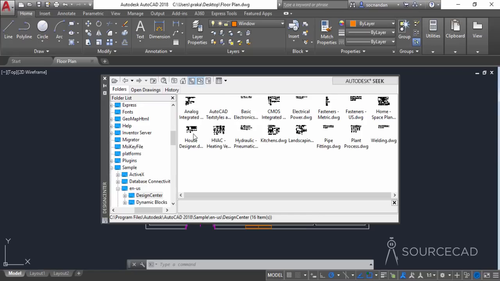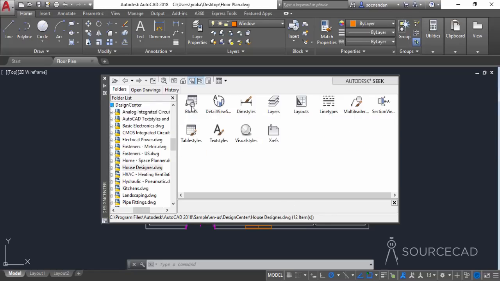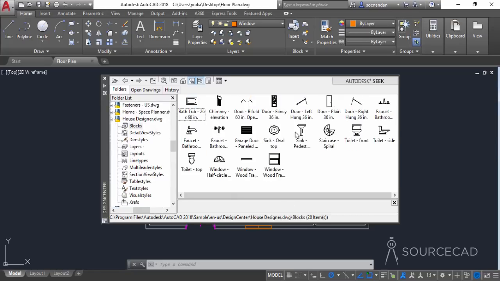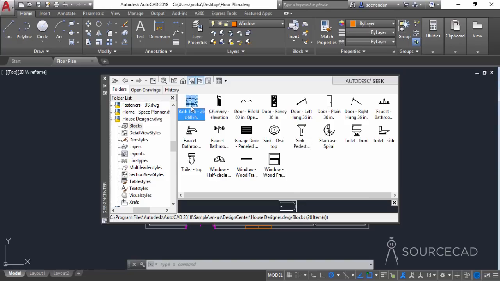So I'll go to this house designer, select blocks. Now we have these blocks, so we need this bathtub. Let's drag and drop it here, and as you can see that we have this in this window color, which we obviously don't want. So we want this on the blocks layer, so let's change it to blocks, and I'll simply erase this one and I'll drag and drop it once again. Now select this toilet block, select the sink